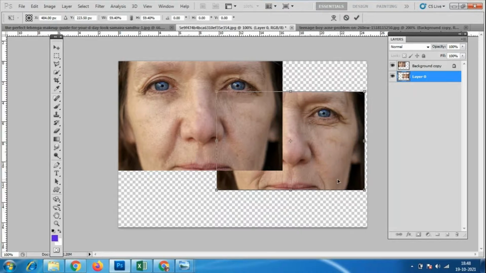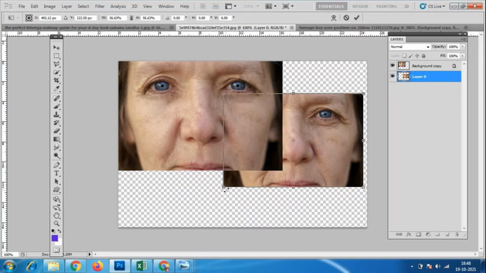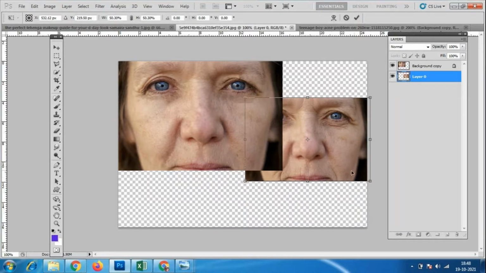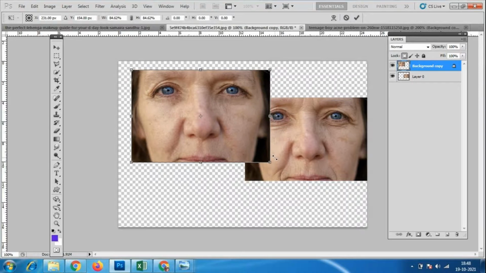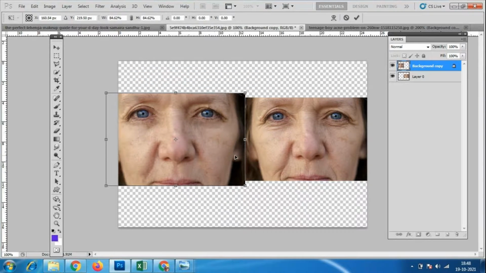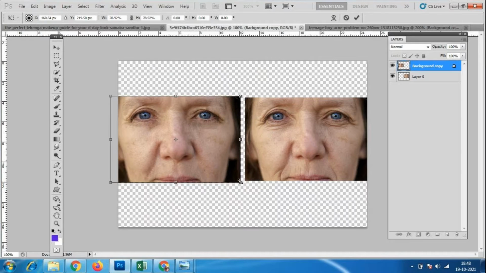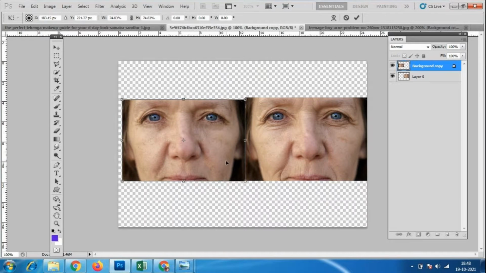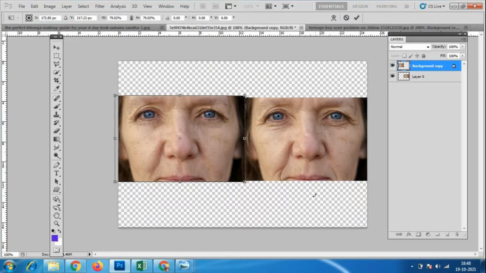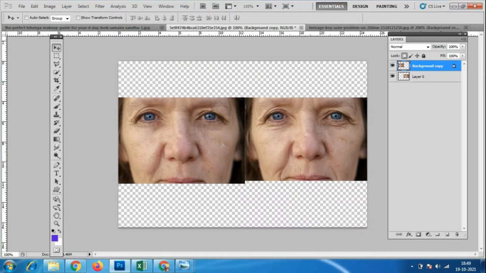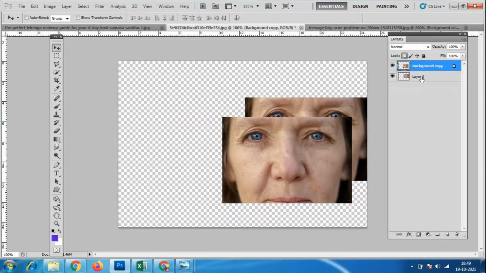So both the images are like this. Give some gap from one image to another image. So keep it like this.